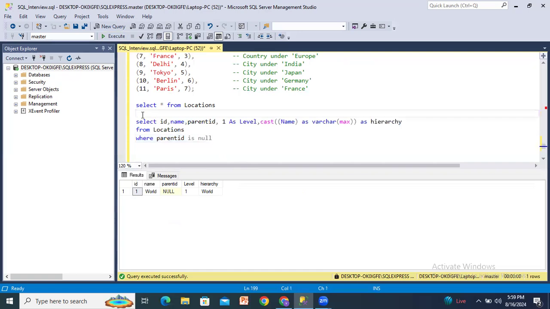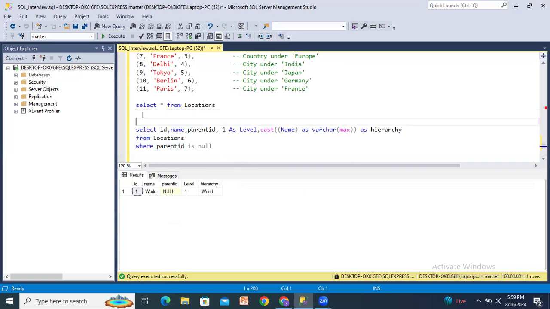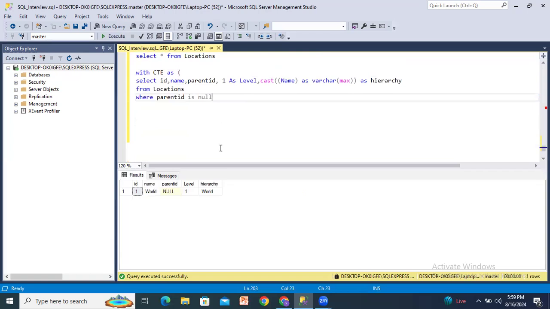So this complete thing we'll put in the CTE: with CTE as, open brace, and here I will write one more query. This is the CTE part. This one gives us level one. So next we'll get level two. How will we get level two? By using union all,